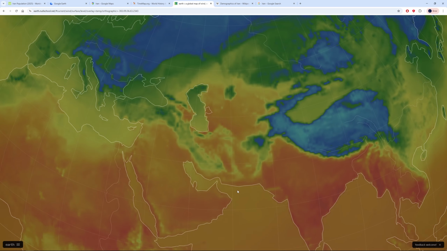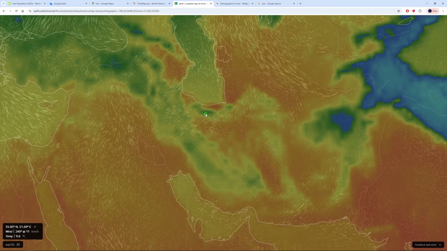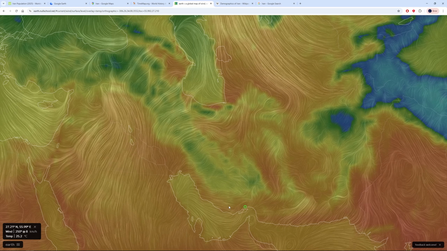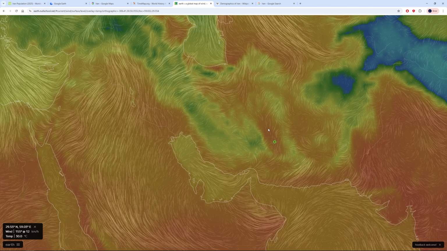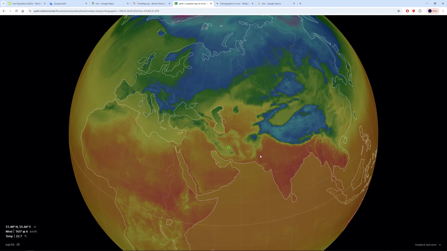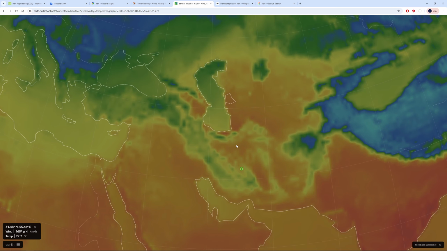Now the temperature map, I like this one to just look at it, just keep in mind what exactly the temperature is right now. It just pretty much gives you some interesting things to watch. Some parts you can see very cold, some parts very hot, and it's interesting to have those maps. I look at pretty much every day, I just check this map. I find it very nice and interesting.